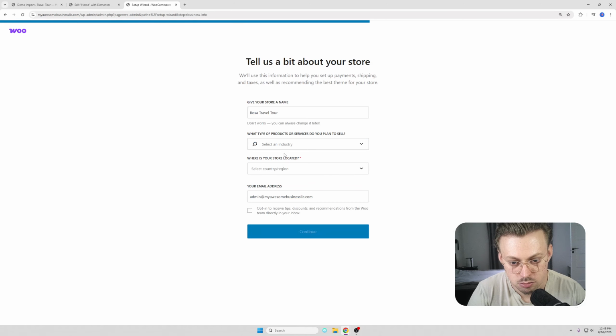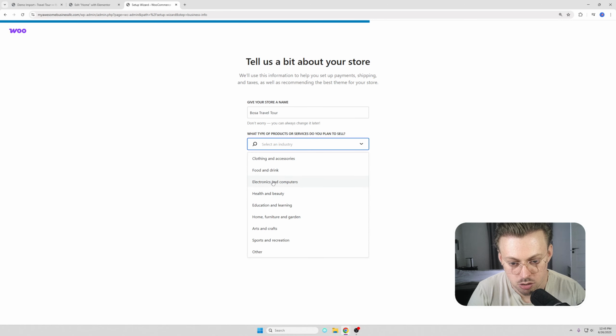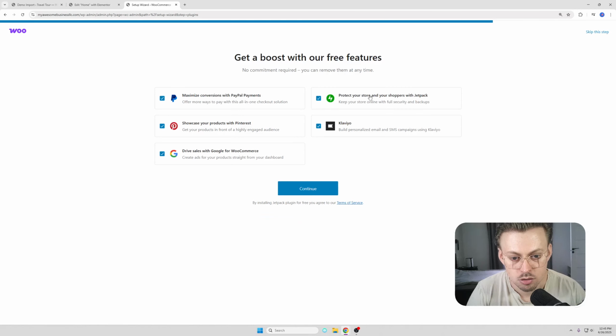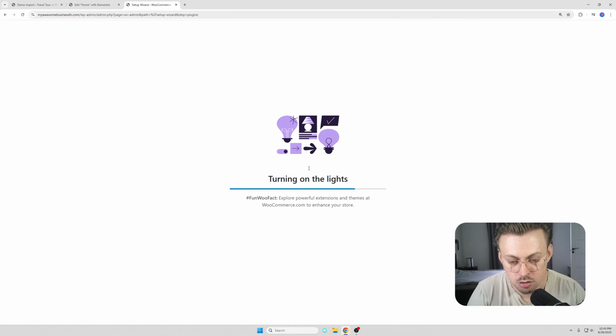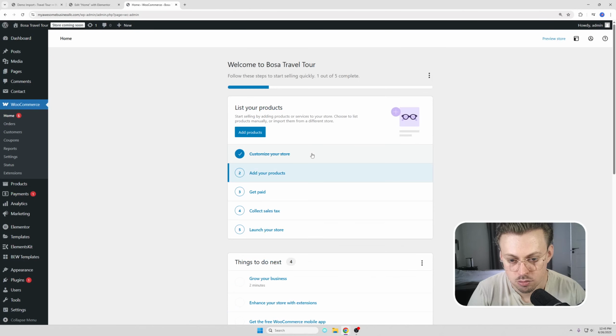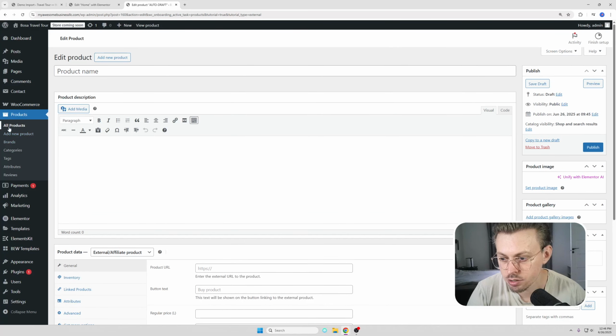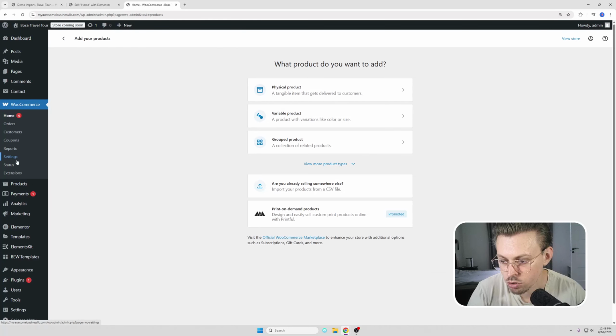Okay, continue. Pick your industry, region. Let's just pick some random region. Continue. Okay, you can skip those. Then just create a product, set the price, and then publish it, and then go to WooCommerce settings and